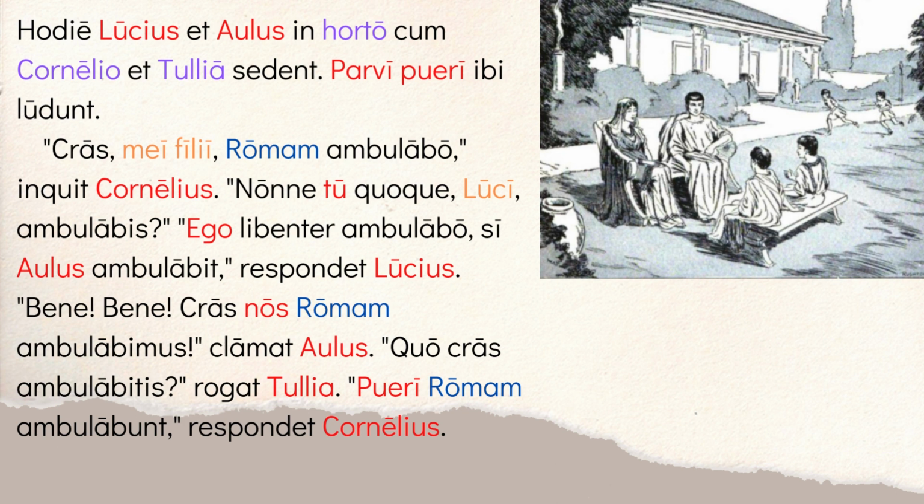It's ambulare, the verb to walk, and you get rid of the re, add bo, and you're in future tense, right? It means I. So he's saying, I will walk Romam to Rome. Remember, when you have the name of a city, you don't need a preposition. The accusative case with Romam means it's toward Rome or to Rome. So Cornelius says, hey, tomorrow I'm walking to Rome, right? I will walk to Rome.